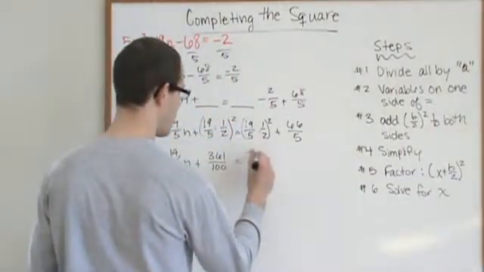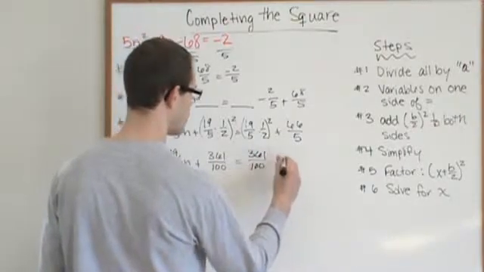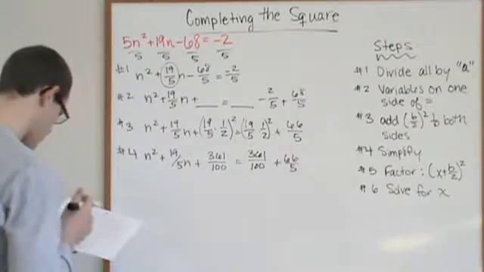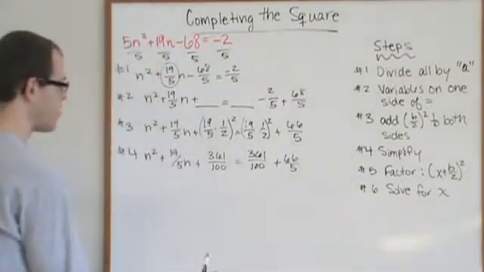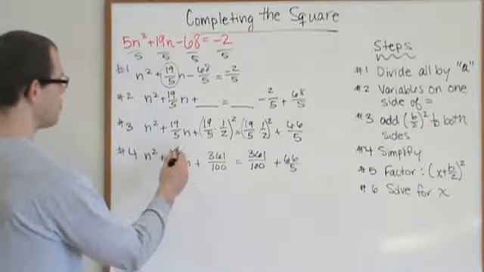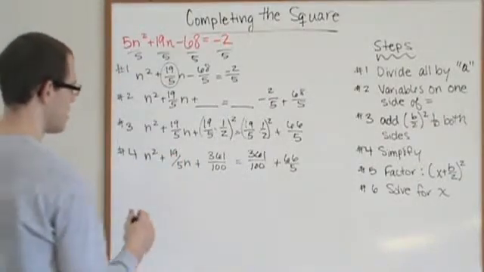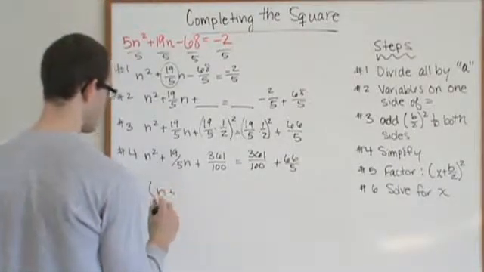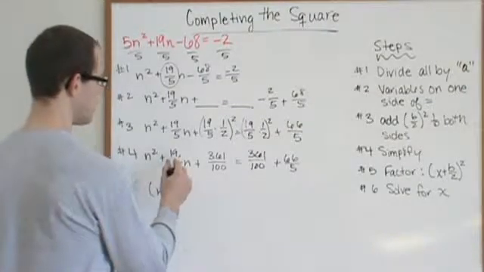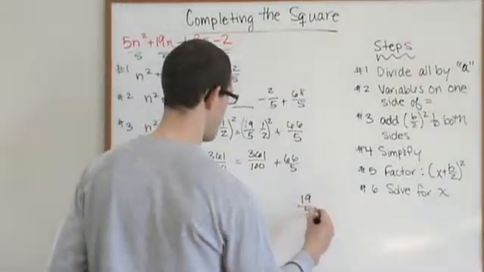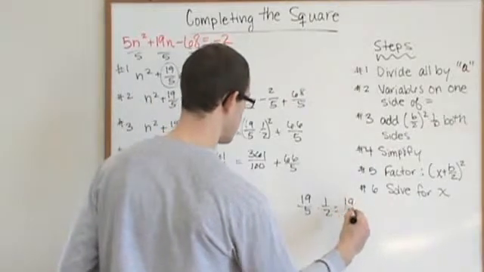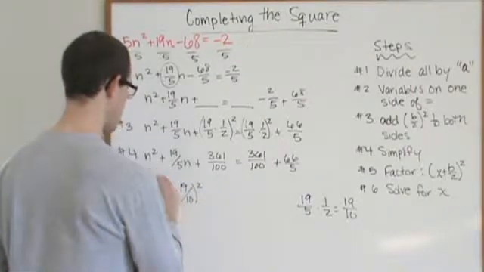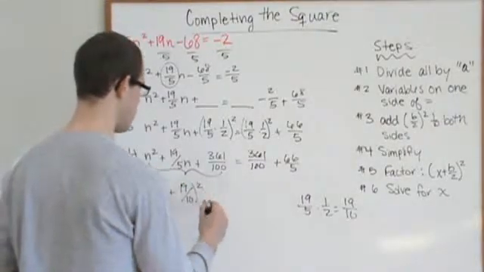The same thing on the other side, plus 66 over 5. Okay. Next, we want to factor. Easy way to factor, take our b value right here, divide it by 2. So n plus, if we divide this by 2, it's the same as multiplying by 1/2, which we did already, which was 19 over 10. So 19 over 10 squared, that's what this whole quantity right here equals